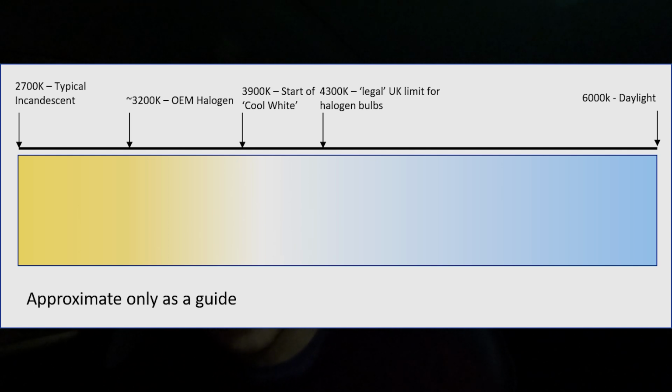To put it into context, a standard incandescent bulb that you would find in the house, or may still find in the house, I think with a lot of the legislation going around they have all swapped towards LEDs, so they might be a cooler colour, but they would be somewhere around 2700 Kelvin. And hopefully I've put on the overlay of the colour temperature chart here just to give a more visual representation of it. So again, bulbs at around 3200 Kelvin are the standard characteristic colour of a halogen